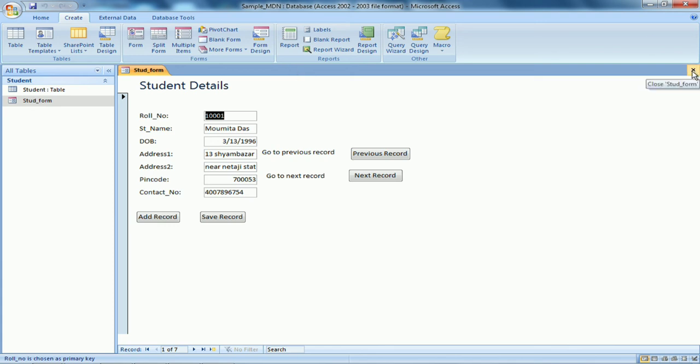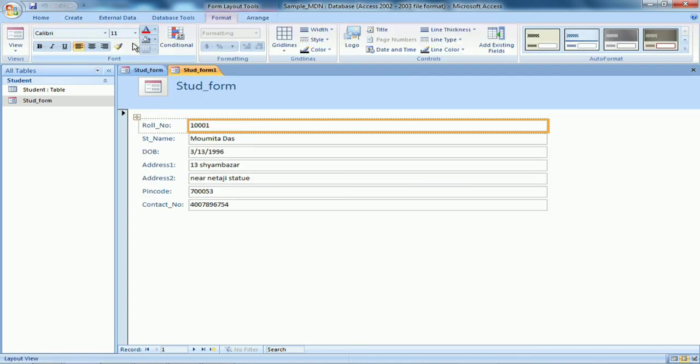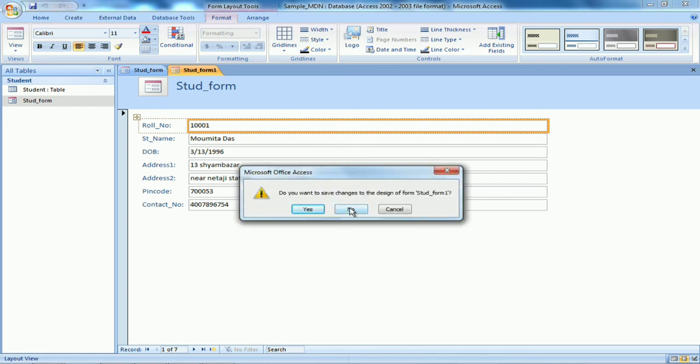I hope in other tables you will be able to create this type of forms with adding records, adding buttons, all those things. Adding records from the form, so long we had done adding records from the table. Now we can add record details from the form itself. Now what is this form about? This way if you want to see.